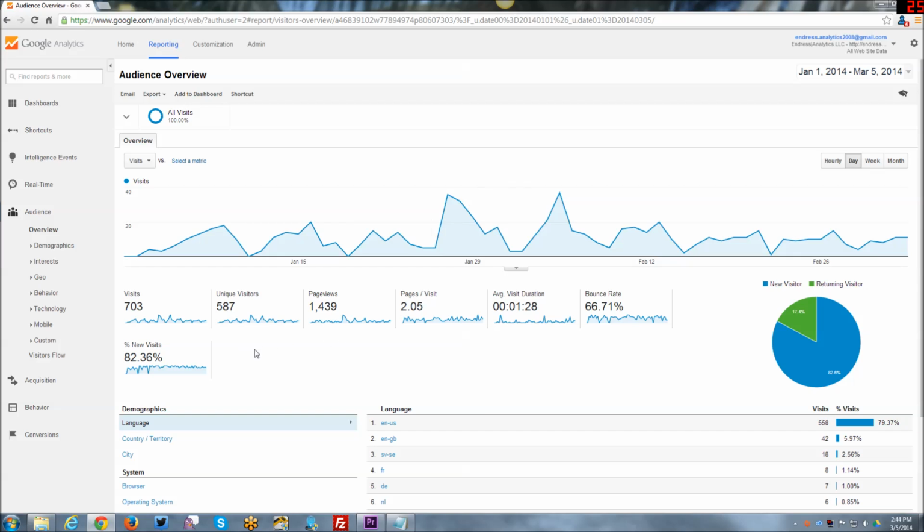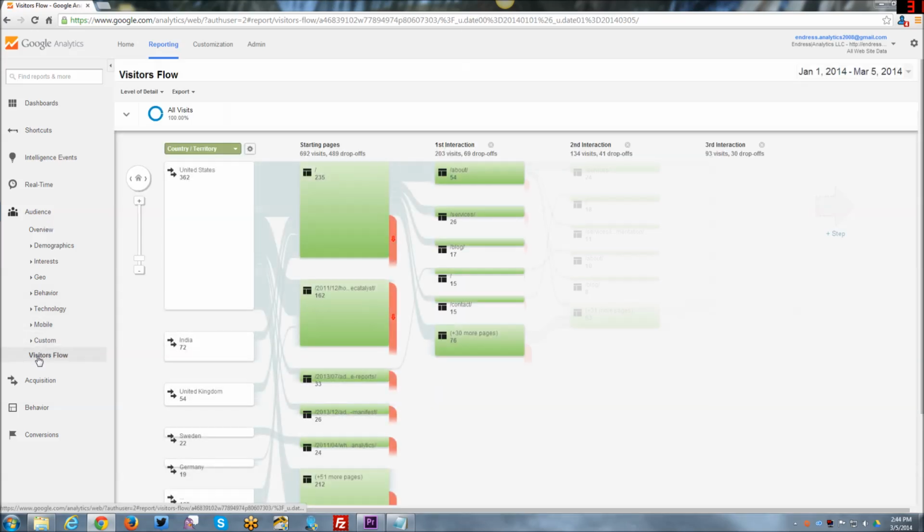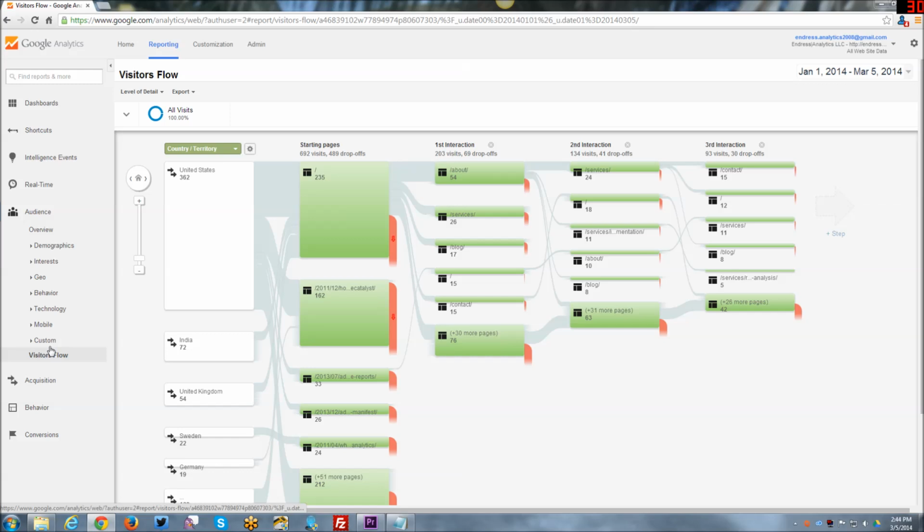This week I am going to go through the Visitors Flow Report, which is found under Audience. Just at the very bottom on the left navigation you can find the Visitors Flow Report. And by default, it always shows you the flow of your visitors throughout your site by country, which